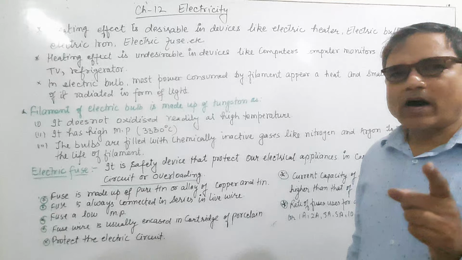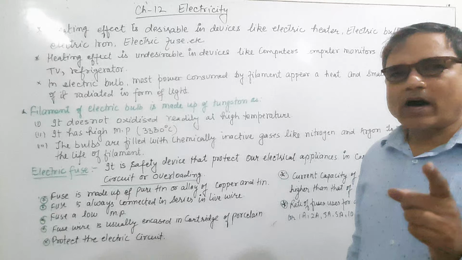If the fuse wire is made of a high melting point, then the fuse wire will not melt. Automatically the current or the charges will come back and the wire will get heated up, catch fire, and become a short circuit also. The charges will come back. Why? Because the fuse does not allow them to pass further, and they come back. The fuse wire does not break. Therefore, it protects against short circuit.